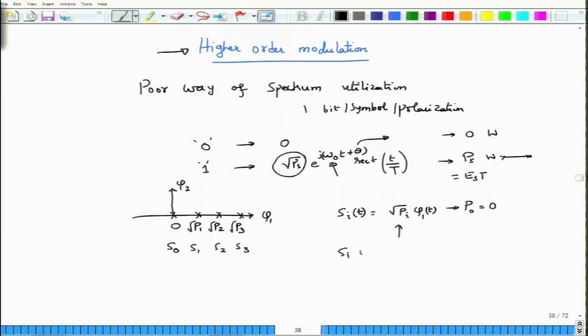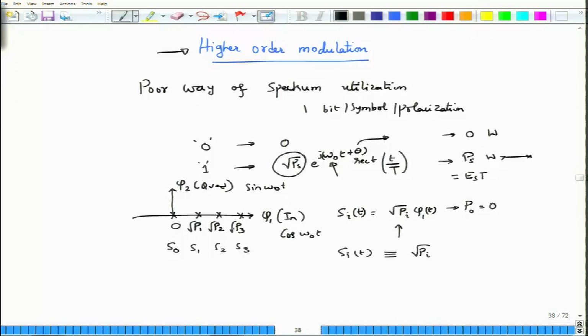So any signal Si of t can be put onto a one-to-one correspondence with the appropriate constellation point, square root of Pi, which is defined in the space phi 1. Of course, I am showing you two-dimensional space, but in reality the signals are only in one dimension. In fact, if you take phi 1 to be the in-phase component and phi 2 to be the quadrature component, you end up with the even more common in-phase quadrature constellation. In-phase would be cosine omega 0 t and quadrature would be sine omega 0 t. So you can use these to represent all the signals that we are going to consider from now on in terms of this signal space.